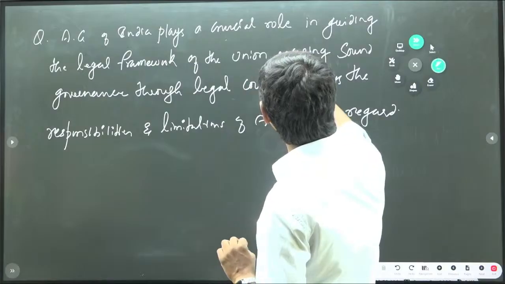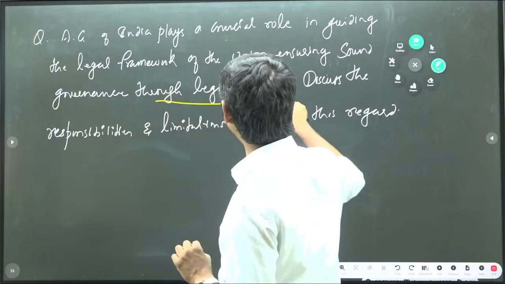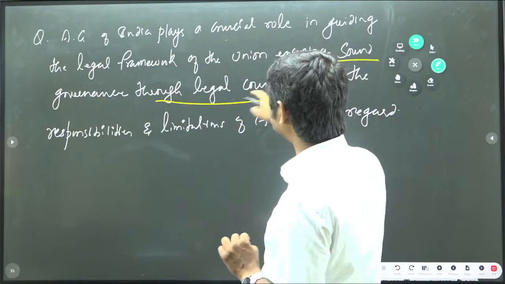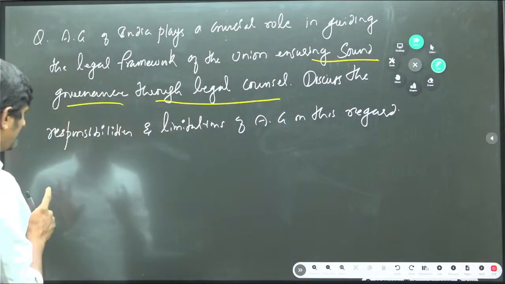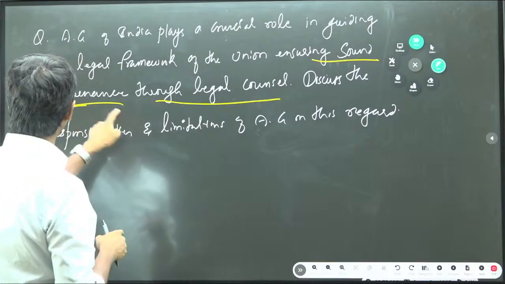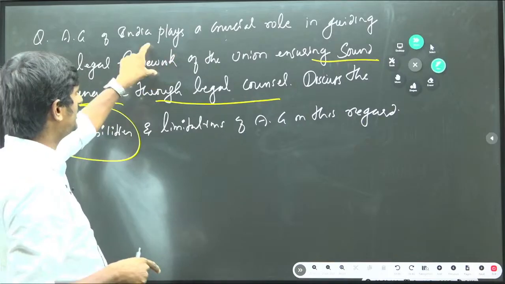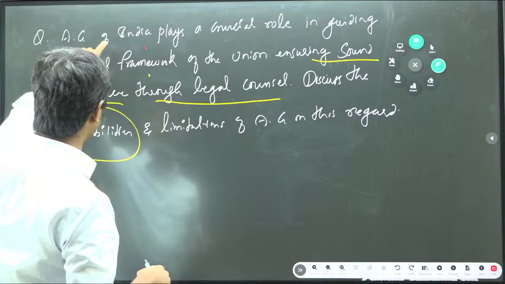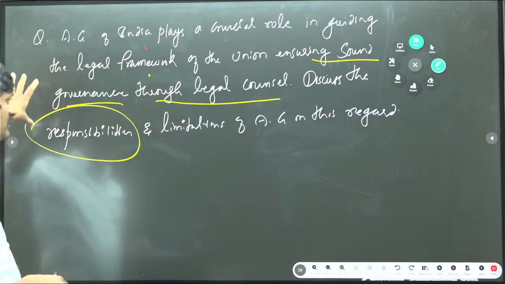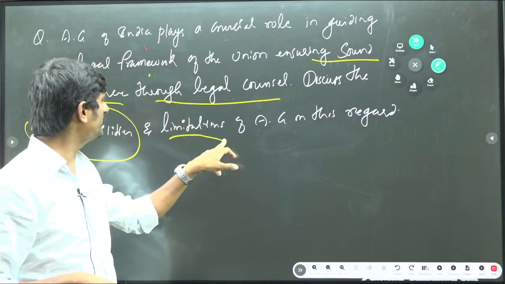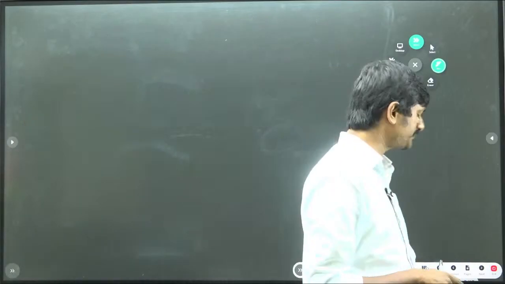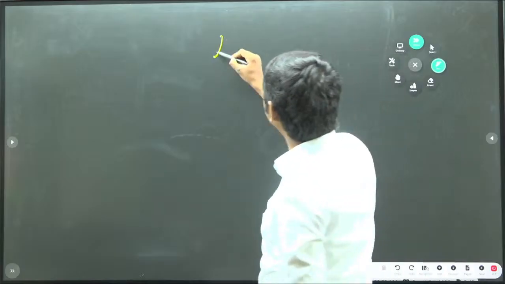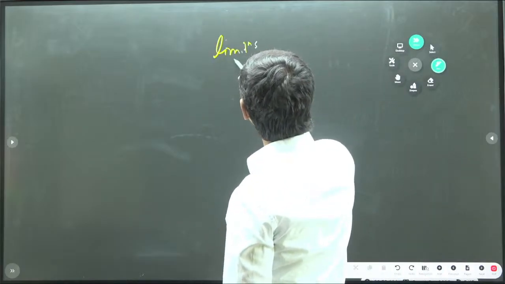Then, sound governance through legal counsel. This is how you need to develop the answer. We need to see the responsibilities we have written. The components given in the first paragraph and the responsibilities are similar. Now, what extra do you need to write? About limitations. What are the limitations? So limitations include, first one,